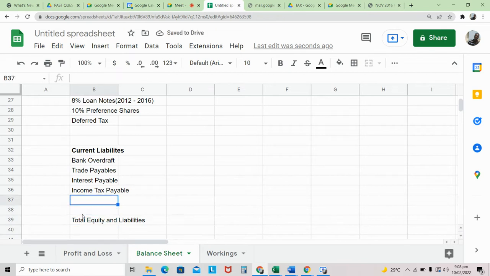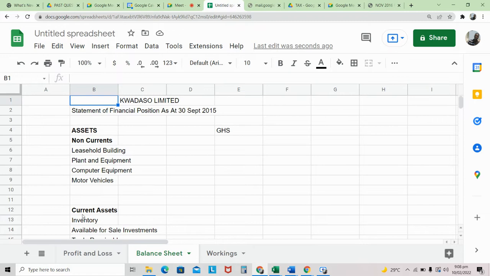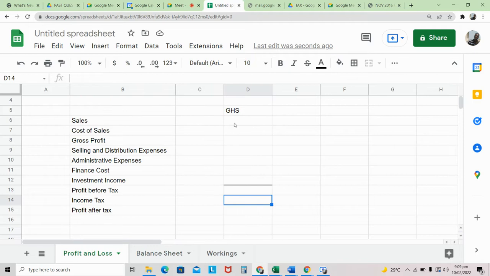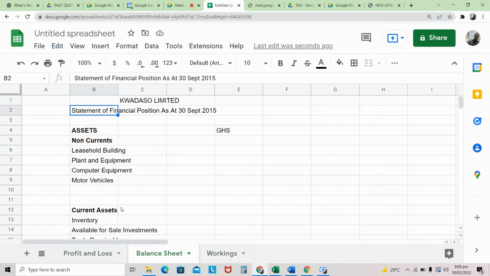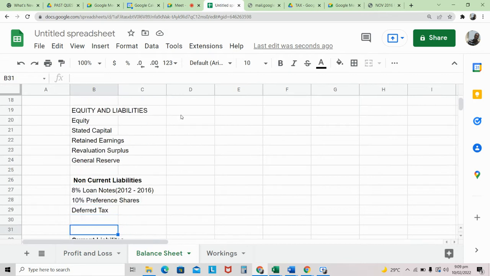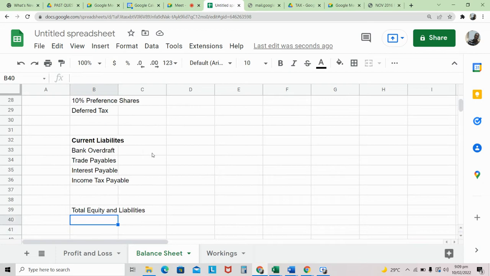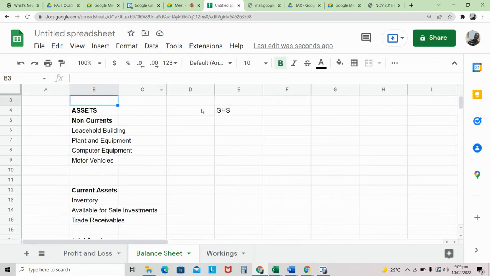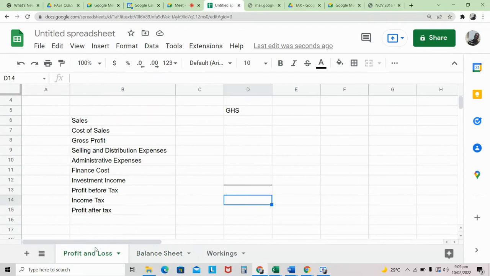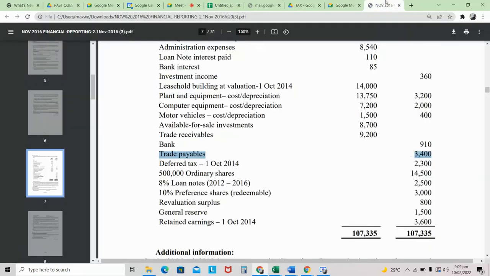All right, so in examination, try and put together your structure when you finish, before you start tackling the questions one by one. Now that we've done our profit and loss structure, we also have our balance sheet. The next thing we need to do is start with our workings and fill in the gaps that we have left.